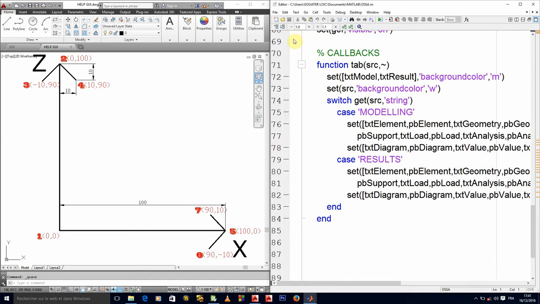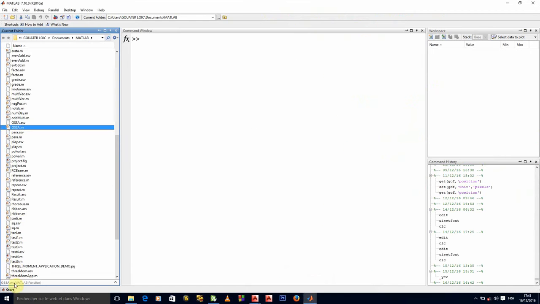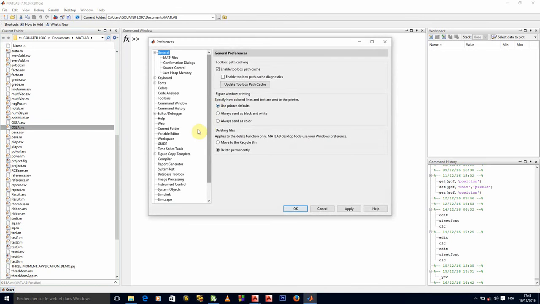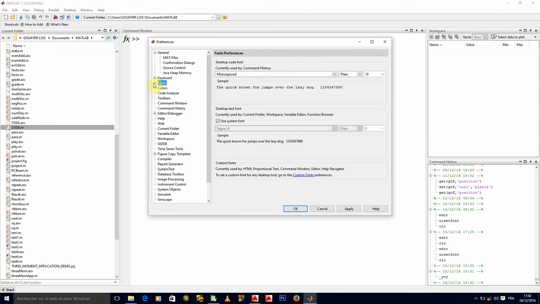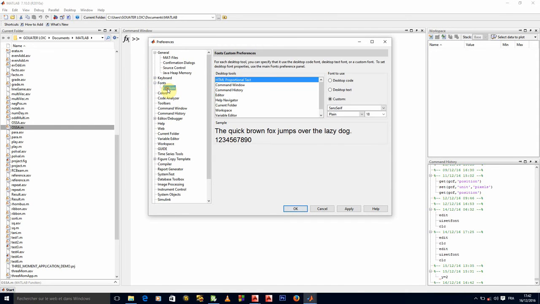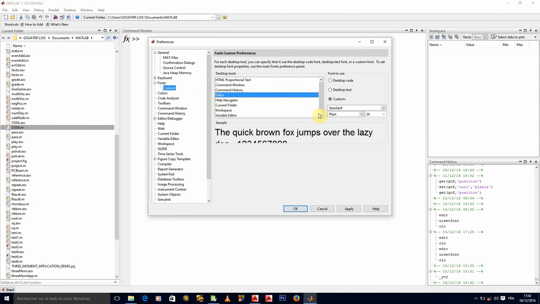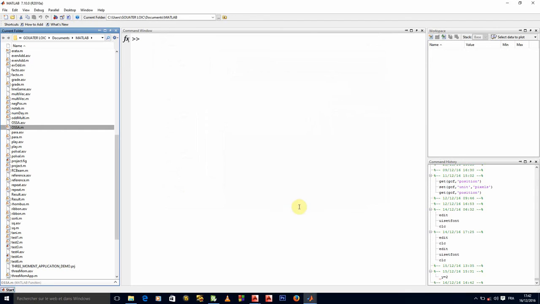Okay, let me just try to reduce the text in this editor right now. Start, preferences, font, custom, editor. Let me bring it down to something like 12. I think it'll still be visible for you guys, right?